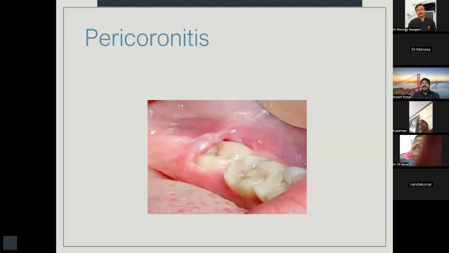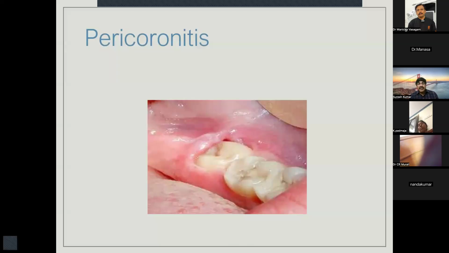The clinical indication for removal based on pericoronitis is, if you are seeing a patient like this, you ask the patient, is this the first time you are getting such a pericoronitis problem? If it is the first time, probably we can still think of giving only medicines and then waiting for some more time. But if it is a persistent pericoronitis, if the patient says, I have got it for 1 or 2 months continuously, nothing is actually treating it properly, not medicines, not saline gargling, nothing is helping to relieve the pain and the infection. So persistent infection or recurrent infections.